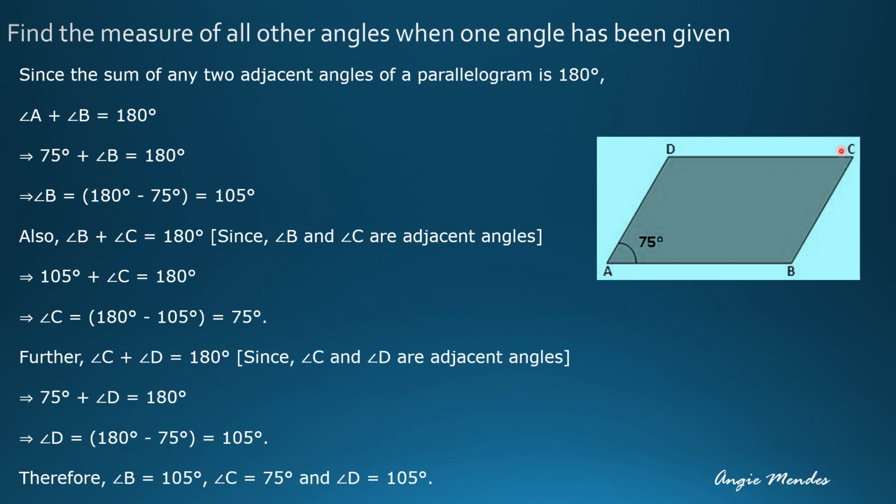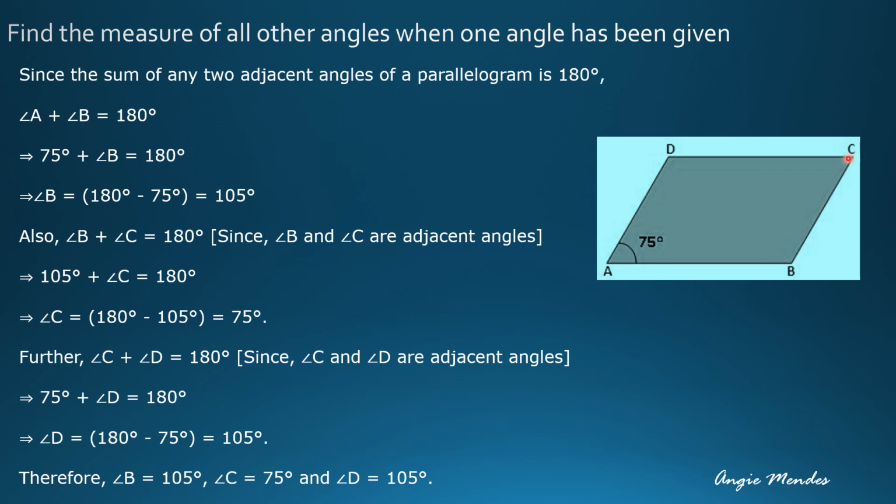So now we found the second angle of the parallelogram. Now angle B and angle C are also adjacent angles, so their sum is also going to be 180 degrees. So let's substitute the value. Angle B is equal to 105 degrees plus angle C is going to be 180 degrees. The sum of the adjacent angles is 180 degrees. This is the property we are using here. So keeping angle C aside on one side and subtracting the values, we get the measure of angle C as 75 degrees. So now we found three angles.